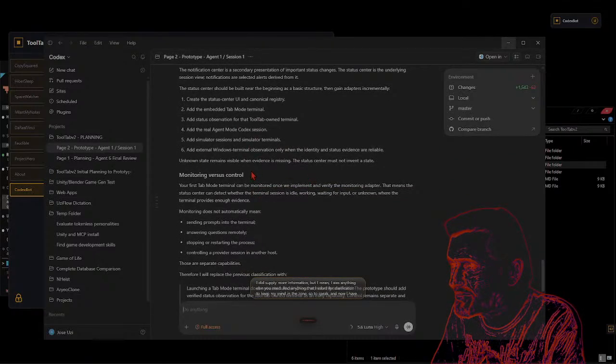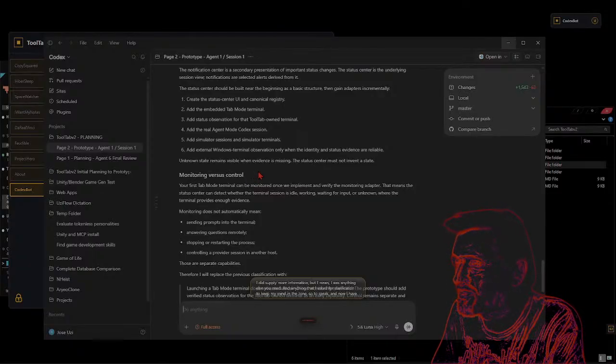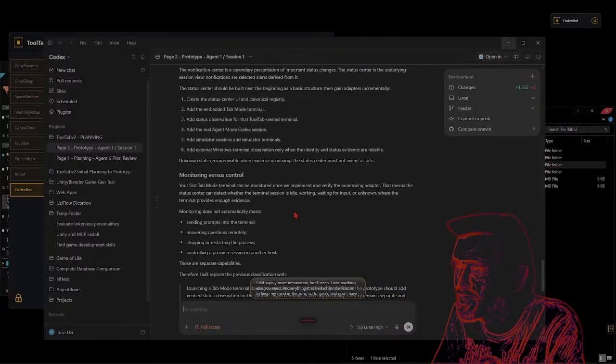State remains visible when evidence in status center must not invent a state. Well, of course. I don't want status center to lie. What are we doing here? Anyway, monitoring versus control. You first have to, terminal can be monitored once we implement the new status center, which will detect what it is and look at